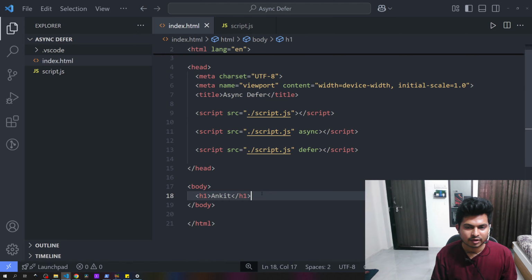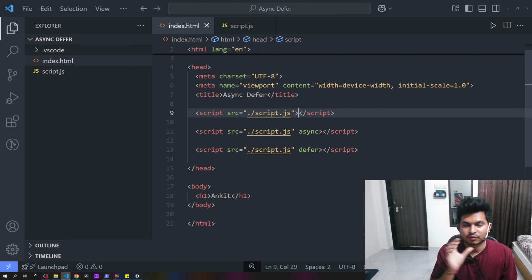So if we have many elements below this script tag, then they will not be shown in the DOM. So this normal script tag will pause the HTML parsing for fetching and for executing.